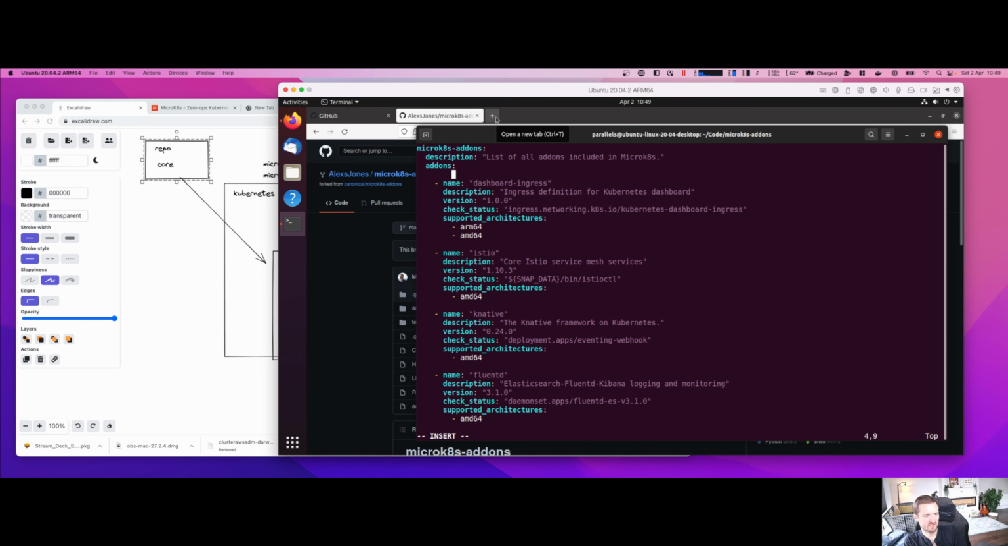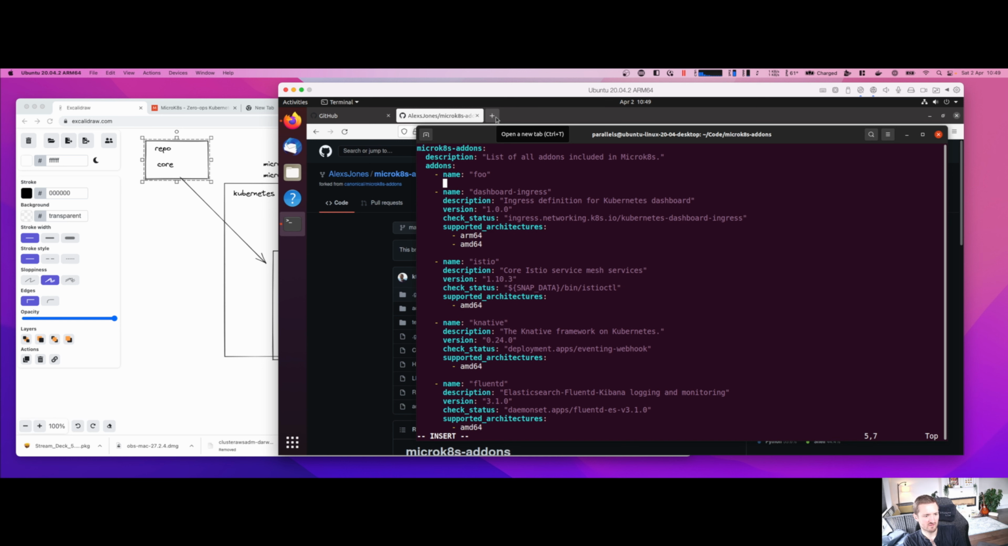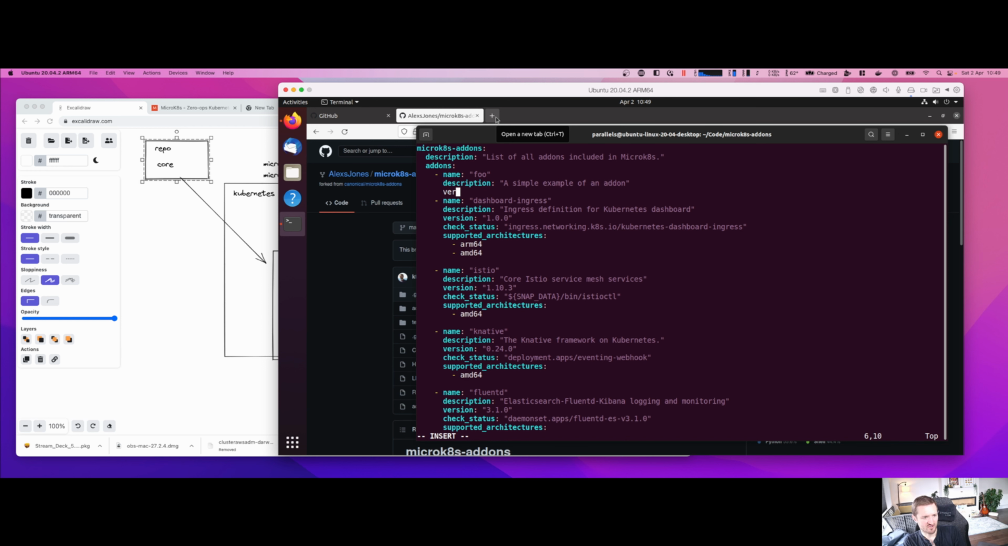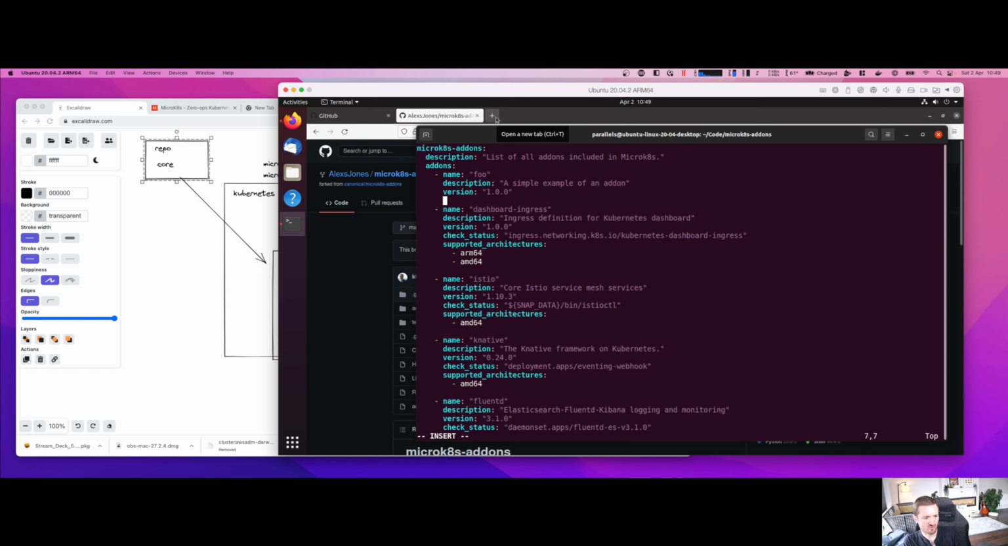So what we do is we would take name, foo, a simple example of an add-on, version. Now this version gets plumbed through to your enable and disable scripts if you so want it to, and the check status will be used to determine whether it's running correctly within a cluster. So in this example I'm going to say check status, and this will be a pod, so we'll call it something along the lines of